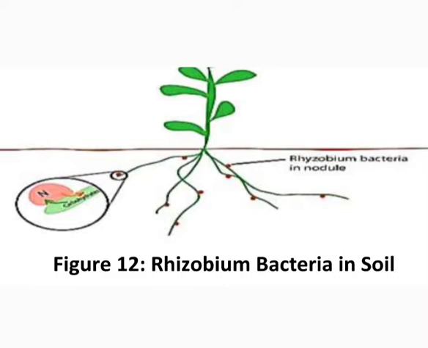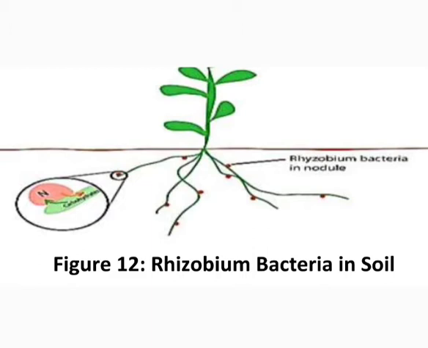So there are two ways by which this unusable nitrogen can be converted into usable form. These two methods are physical and biological. So we here will take up only biological, and physical method you will study in higher classes, in next class. So biological means anything which is related to life.